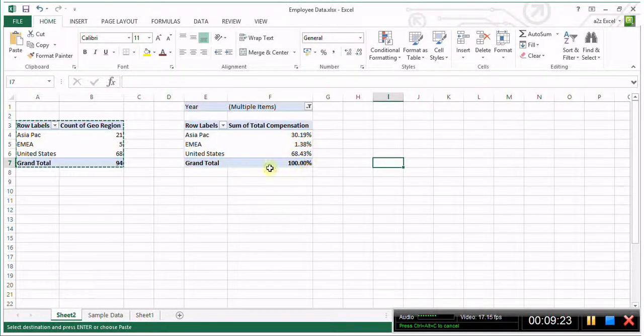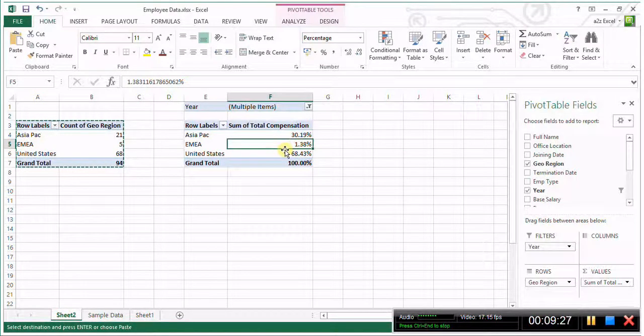Now you can see that out of 100%, EMEA had just 1% of the total, Asia Pac had 30%, and United States had 68%. See how powerful a tool the pivot table is. You can do a lot of analysis. You can just play around with it, and